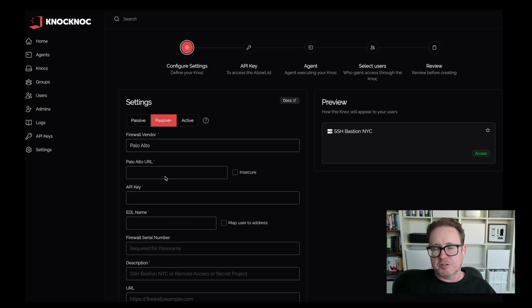You put in the Palo Alto URLs in this example, it supports Panorama, and the relevant information depending on the policy or what it is that you're orchestrating and adding to. And then there could be a combination of these. So if you've got a hybrid environment of various vendors, you've got cloud, you've got NSGs, you've got on-premise firewalls, depending on where you put the agent is where it could be configured and what it has